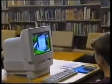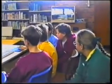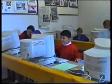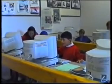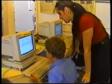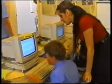In the library, there are computers, and any student can use the CD-ROMs at recess and lunchtime. Upstairs in the main building, there are 2 computer labs. In the Macintosh lab, students can get onto the internet. There's another room of IBM DOS computers too, and students learn to use the graphic design programs and can now